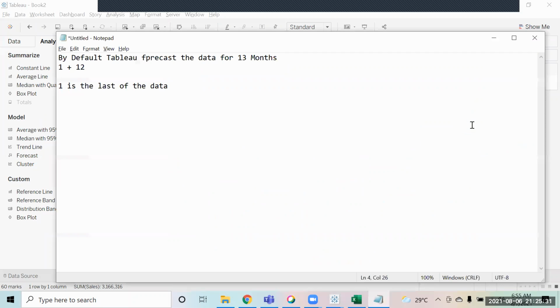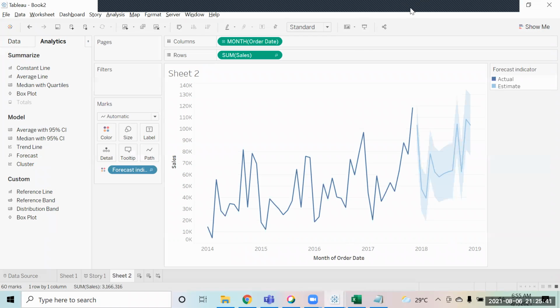And how does it forecast the data? It uses two things, seasonality and trend. Seasonality means how things are changing on a yearly basis. Is there any seasonality in the data? It will identify that seasonality and it will find the trend.